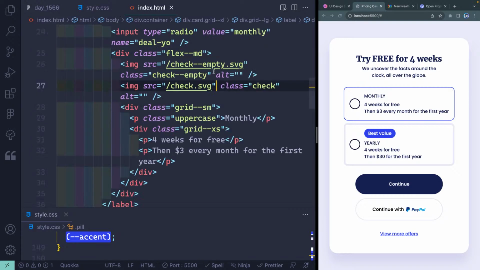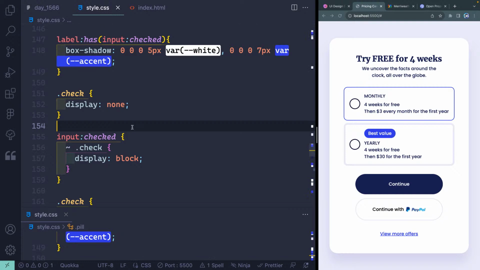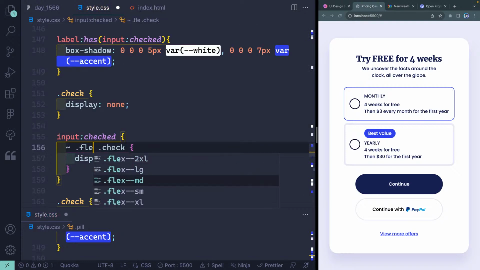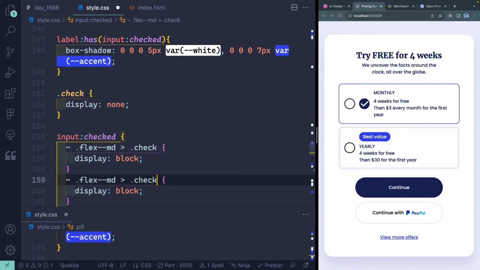This is the sibling, right? No, it's the flex medium, and then, okay. So we're gonna grab this, it's getting a little messy, but flex medium, and then we'll grab its child check. Okay, like that. On the other hand, we'll come in here and say flex medium check empty is now equal